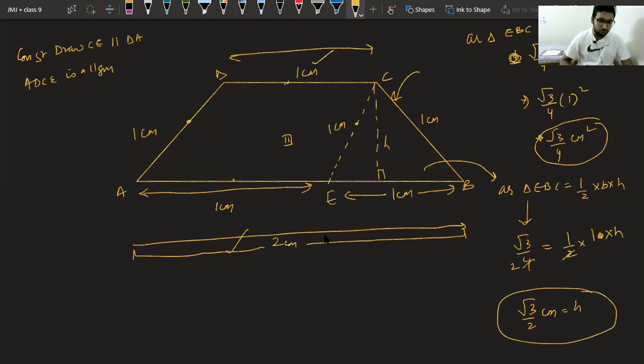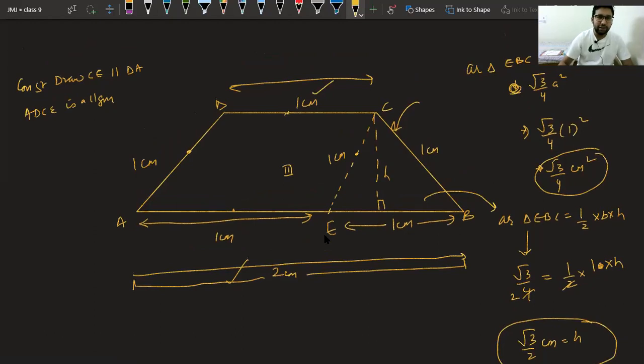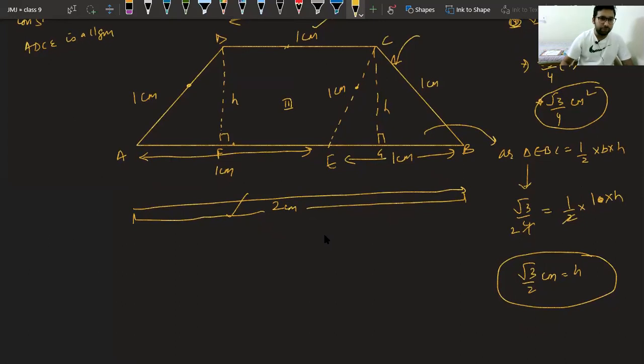So this way we have found the height of the triangle, and because these two lines are parallel, can't we say this height is also the same as this height? Yes, class. Suppose this is F. We can say CG is equal to DF. They are the same. Now finding the area of the parallelogram. What is the formula of the area of a parallelogram? Class, please confirm. Base into height. What is the base of the parallelogram? Class, what is the base of the parallelogram? So it is 1. And what is the height?